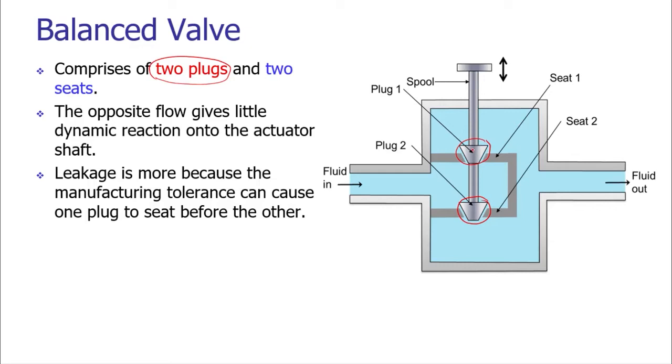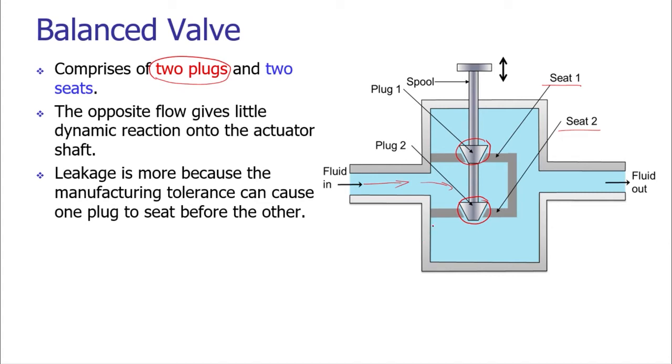The spool with plug 1 and plug 2 is rested on seat 1 and seat 2. The corresponding seats are provided for plug 1 and plug 2. The entire arrangement is kept inside the passage of the fluid. The pressurized fluid is coming and then it is passing through the passage provided by the plug 1 and plug